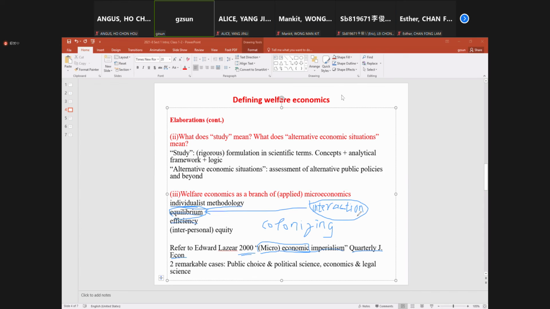You can't stop buying for one single day. You have to survive. You buy lunch, you buy whatever, stationery every day. You take a bus, you buy service, okay? You go to 7-Eleven, you buy drink and food. And in doing so, you are interacting with other members in the society. You can imagine this is a very, very, very complicated story, but we have a simple way to solve it. We call it equilibrium. And again, usually other social sciences, they don't have such a powerful concept.